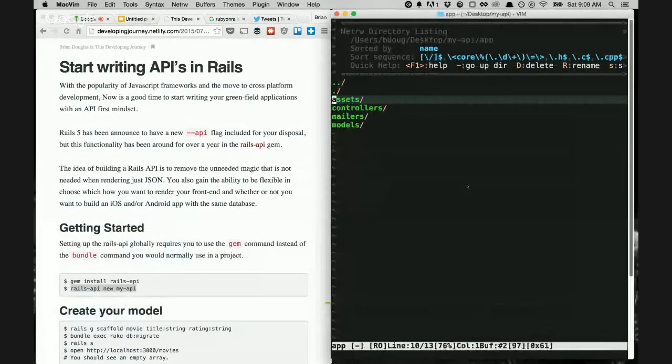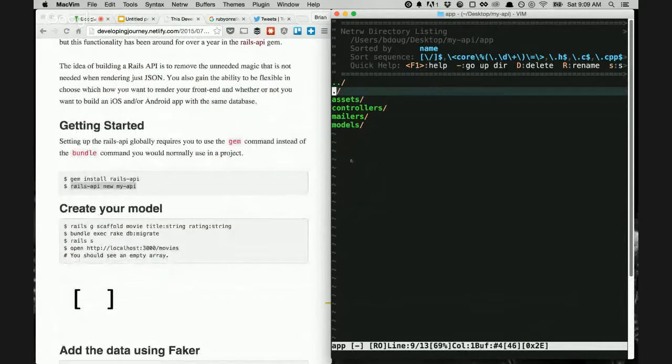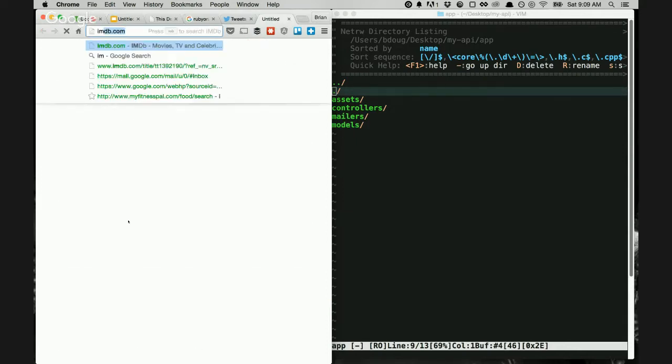So I've got an API set up as far as the folder structure, but I actually don't have any data. Another reason why I chose Rails is because with a couple commands, I could scaffold some data in there real quickly. I didn't mention what this API is actually going to be. It's going to be a movie database. So if you're familiar with IMDb,